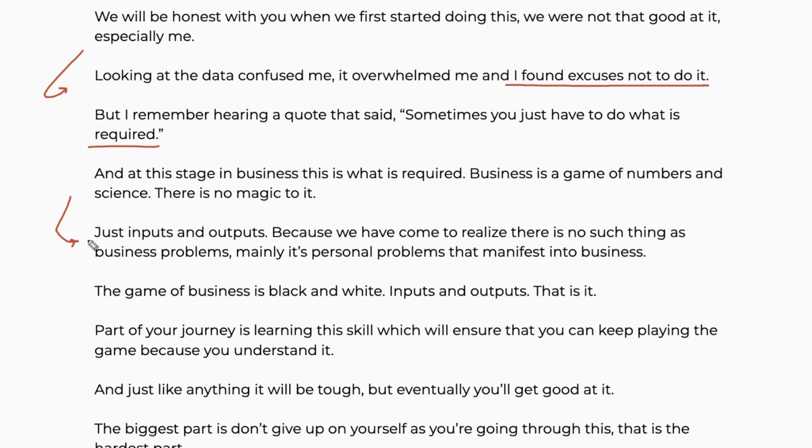And when you come to realize that, there's no such thing as business problems. This is something that you'll realize. There's no such thing as business problems. It's all personal problems that manifest into business, because business is all inputs and outputs. That's it. There's no emotions to it. We bring the emotion to the business where we feel, oh, this is not working. This is this. This is that. Well, the game of business is black and white, right? Very straightforward. Once you overcome your emotions, once you understand data, once you look at everything, it's just inputs and outputs. That's it. All right. And part of your journey is to learn this skill of data and KPIs and making better decisions, looking at numbers and playing the game and